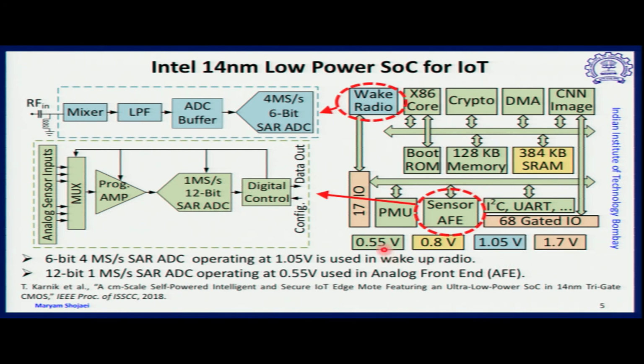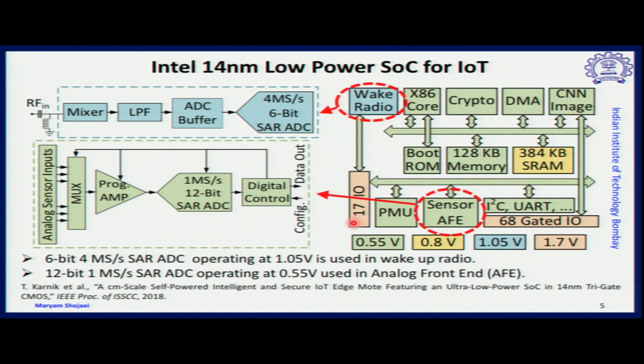The same standard 0.55 volt is used for many parts of the digital modules. 0.8 volt specifically is used for a dense embedded SRAM. 1.05 volt, similar to Qualcomm's SoC, is used for the wake-up radio, which also has a SAR ADC, a 6-bit SAR ADC operating at a high sampling rate of 4 megasample per second. And 1.7 volt is used for